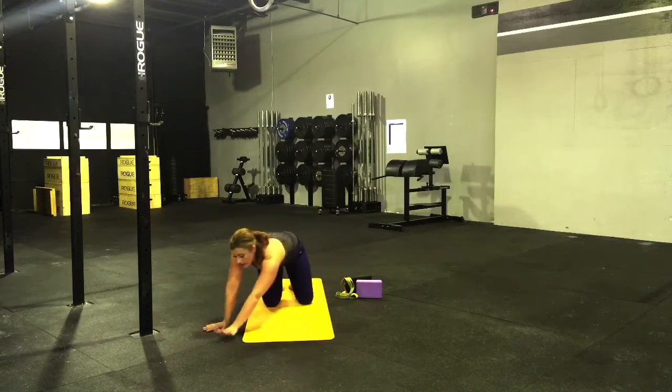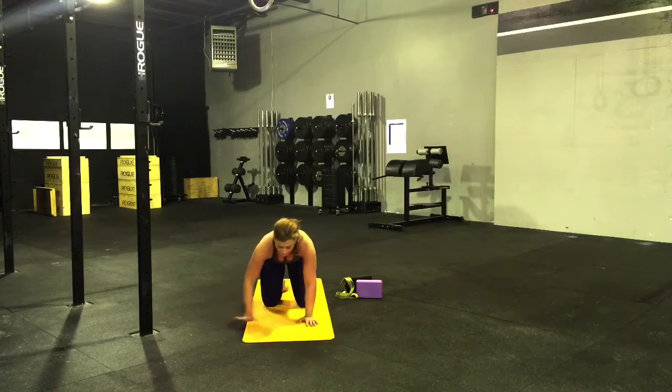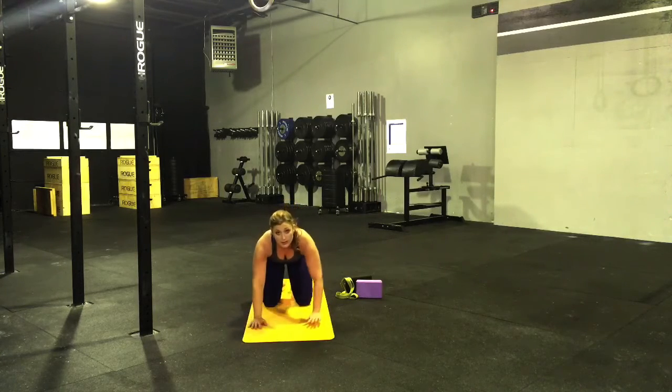Hands to the other side. Stretch those hips off to the left. Inhale and exhale. One more inhale and exhale. Come back up, hands and knees, and we're going to take our right hand,